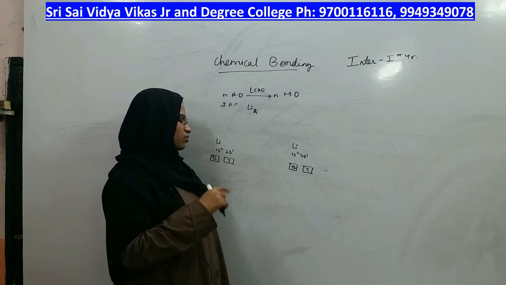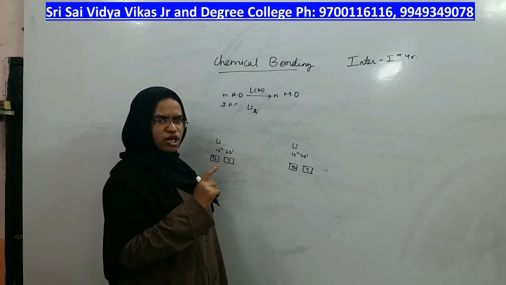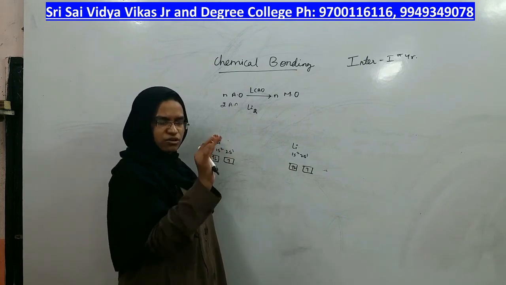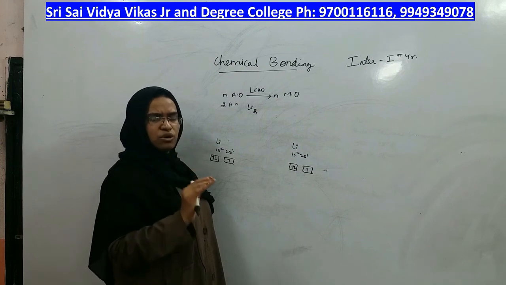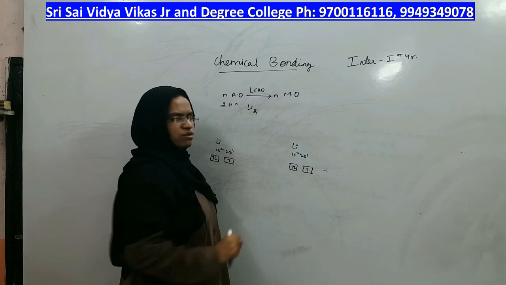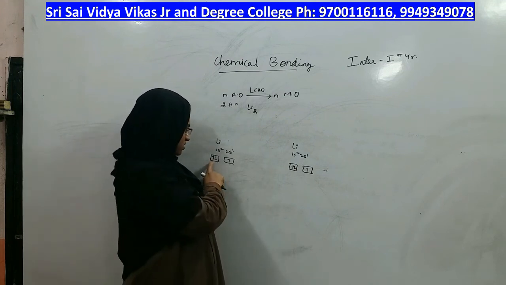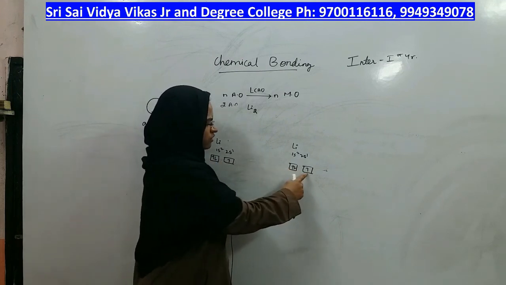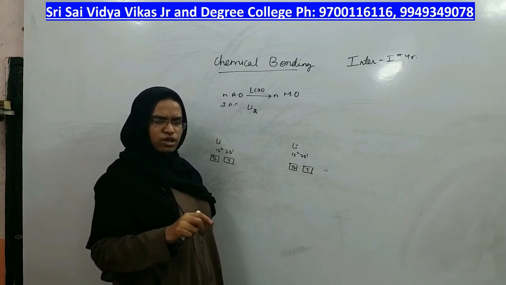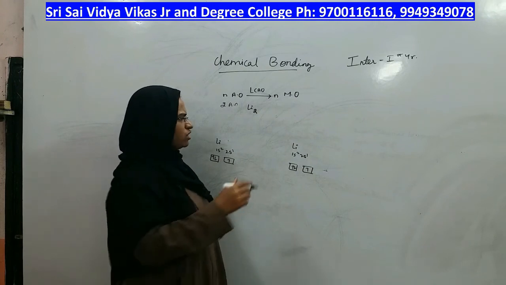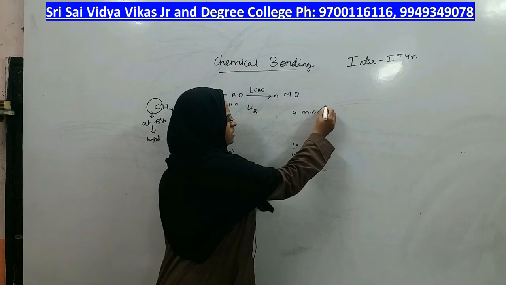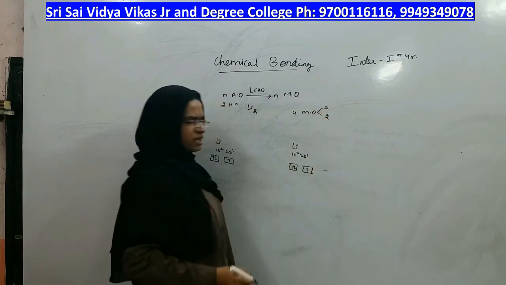So now let us count the total number of atomic orbitals present in the lithium molecule. Orbitals we will count first, and after that we will count electrons. The first step is to count the number of atomic orbitals so that you take the required number of molecular orbitals. This is 1 atomic orbital, 2, 3 and 4. Total 4 atomic orbitals are present, so molecular orbitals should also be 4. Out of 4 molecular orbitals, half of them will be bonding and half of them will be anti-bonding.